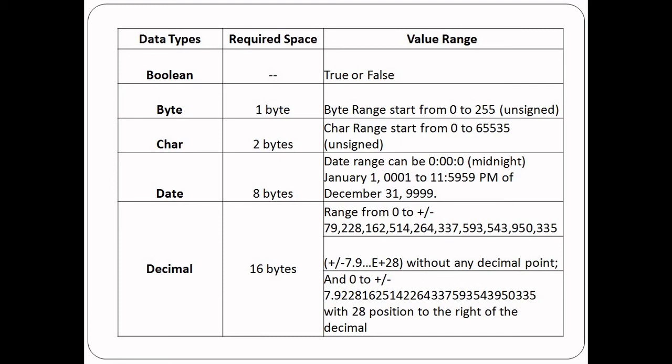Now all these data types have different memory spaces and also different ranges. Required space is calculated in terms of memory capacity, and the range is the value range, that is the minimum number we can enter and the maximum number we can enter. So the value range defines the range of a number that we can enter with a particular data type, and required space defines the size of that particular data type in our computer in terms of memory capacities. The first one we have is called Boolean, and it has no fixed memory space. It depends on what operating system you are using.